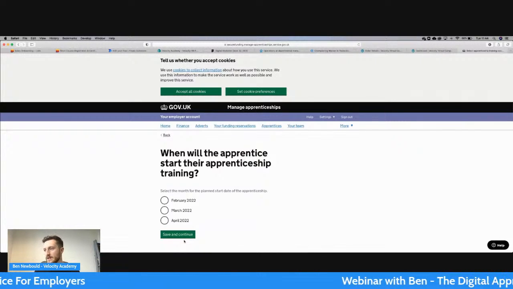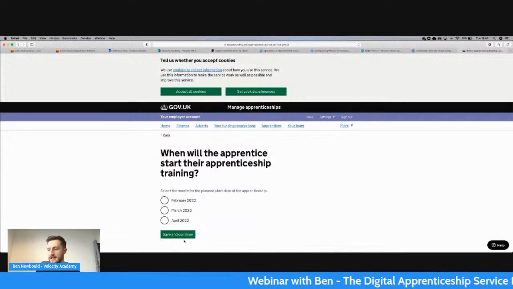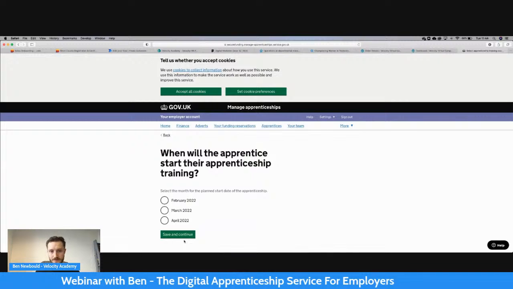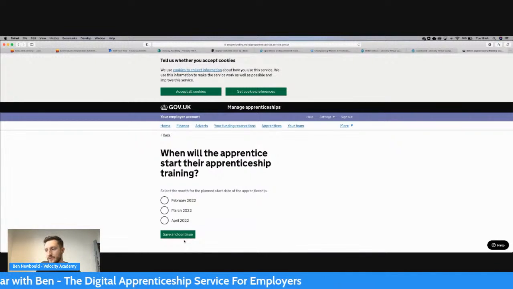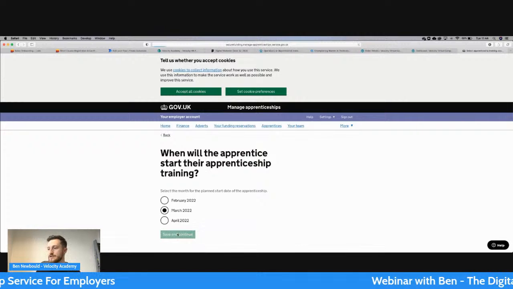It'll then ask, when will the apprentice start their apprenticeship training? It'll give you a 3-month window. So ideally, you would want them to start within the next 3 months. So you would select whichever month that they are going to be looking to start within. So if I select March,